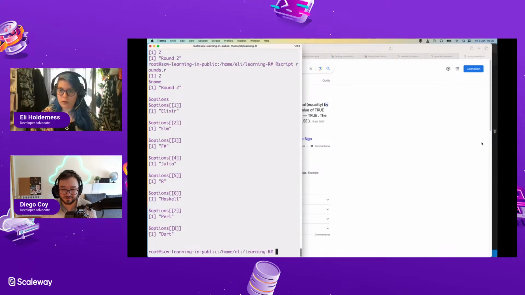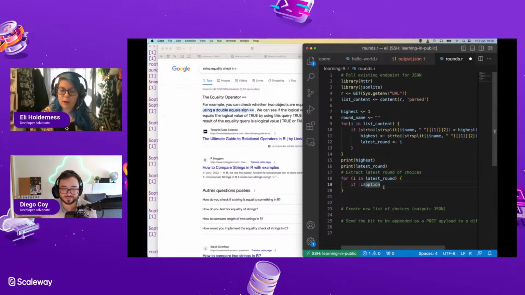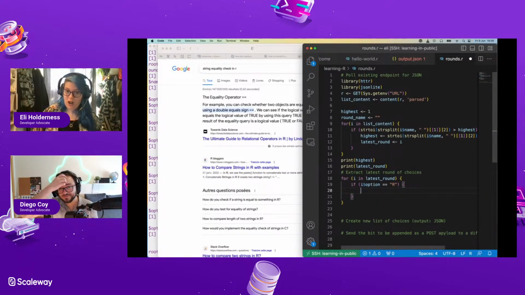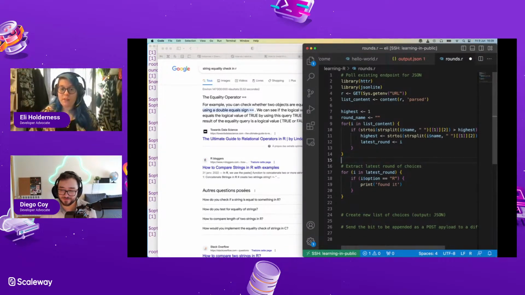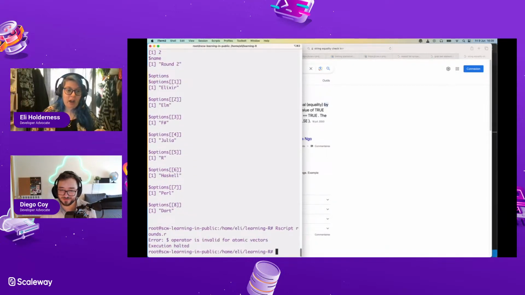Double equals. Woohoo! Oh, hang on. 2 equals logical value. Yeah, cool. I was wondering if it was doing something funky like Python does, where it's like, oh, are these 2 pointers the same, or do they point to something which is of equivalent value? Then print. I'm just going to print found it for now, because I just want to know if this is the syntax for finding a thing. I'm not sure about that i option. Operator is invalid for atomic vectors.